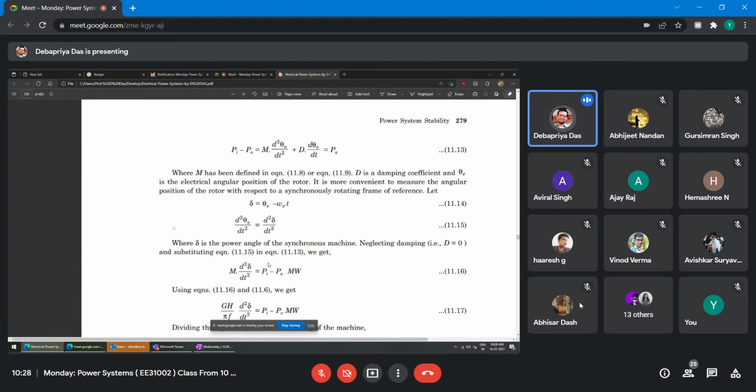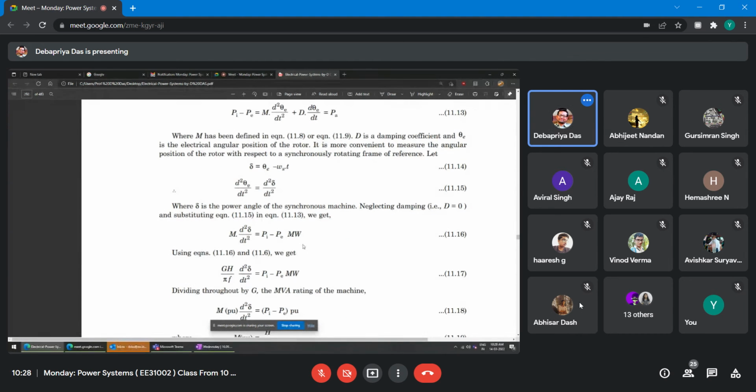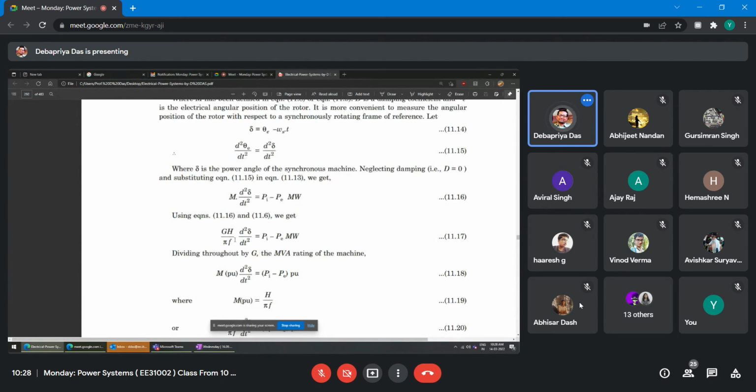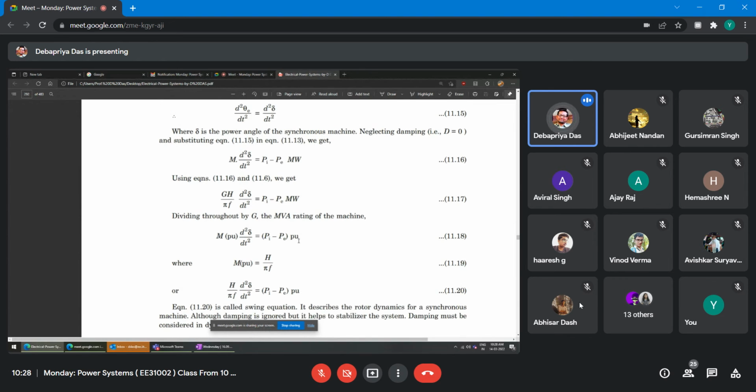And if it is so, then this equation can be written as d squared theta E upon dt square is equal to d squared delta upon dt square. Therefore, M d squared delta upon dt square is equal to Pi minus P, right? It is in megawatt. Now, if you substitute the value of M, from the previous equation we have seen GH upon pi f into d square delta upon dt square is equal to Pi minus P in megawatt, right? Now, if you divide both sides by G,